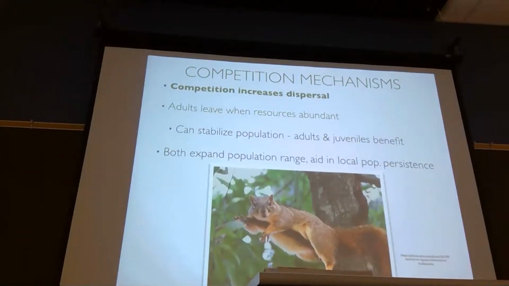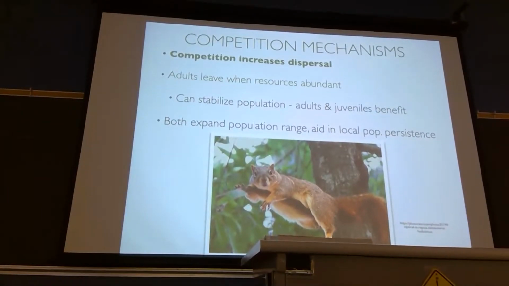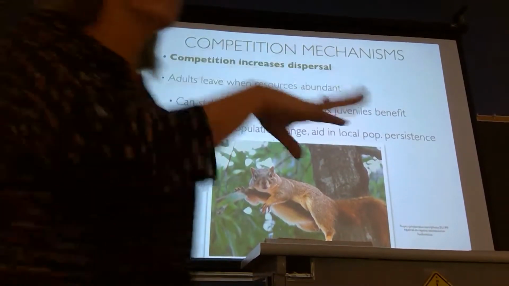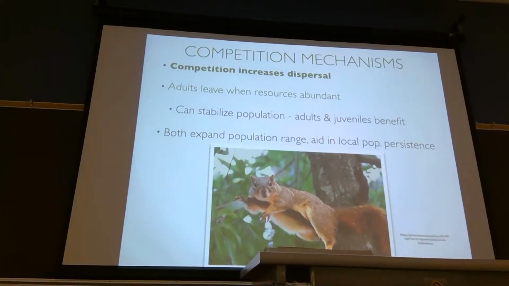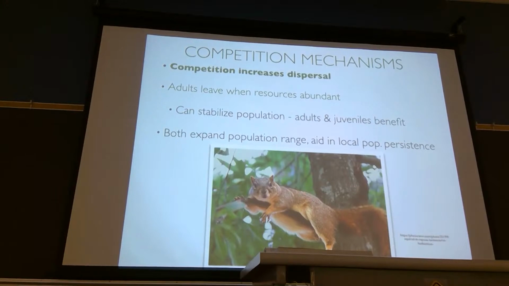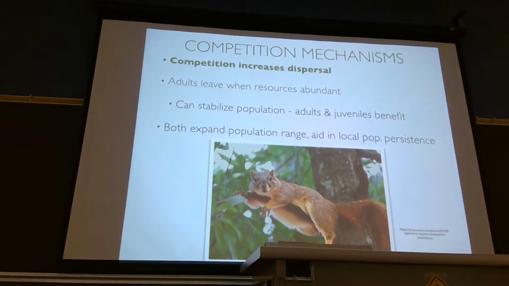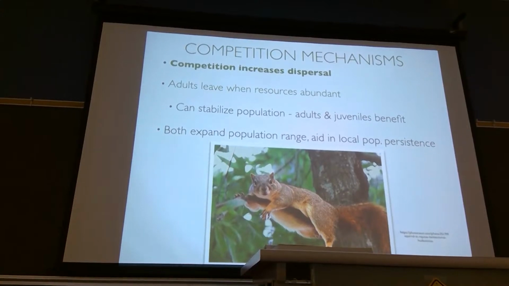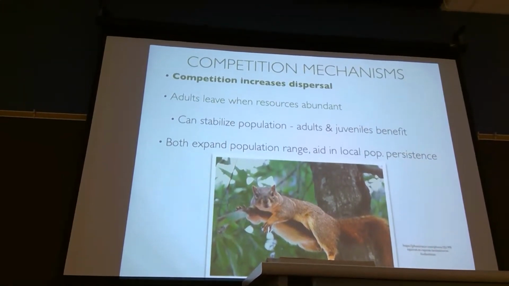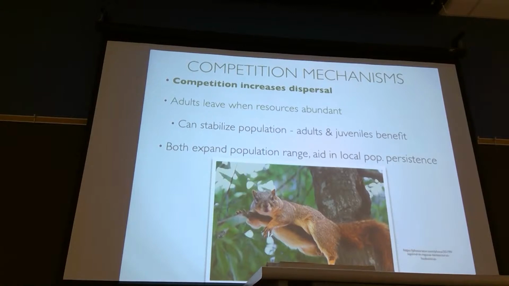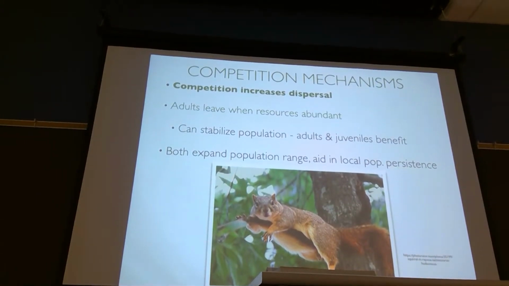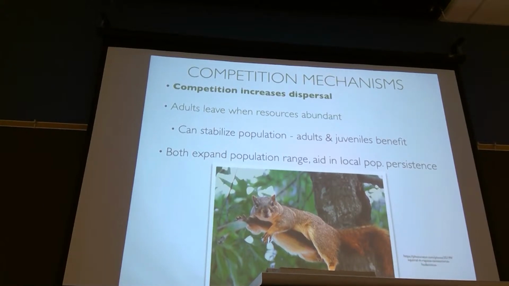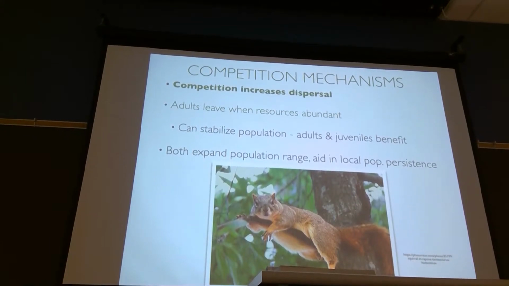Okay. In other populations, it's not the juveniles that leave, it's the adults that will leave. And so we've just been talking about the pack, kind of herd mentality, where you drive out the juveniles purposefully in order to prevent competition. Sometimes it's the adults that leave, okay? And it's the life history of the organism and the species as to who disperses when competition is in play. It can vary a little bit, okay? And so sometimes it's the adults that leave from a population, particularly when resources are abundant.